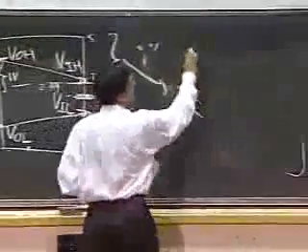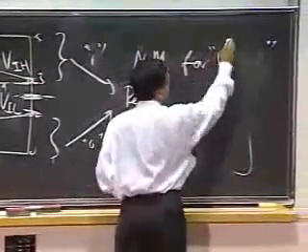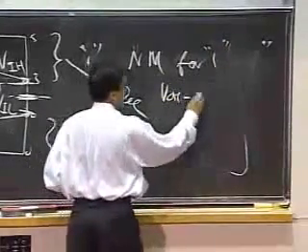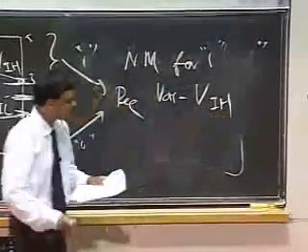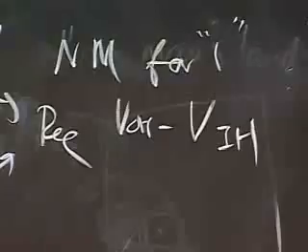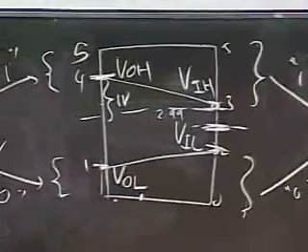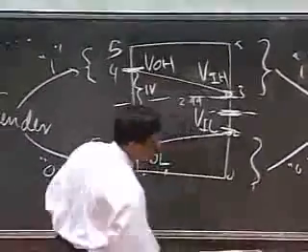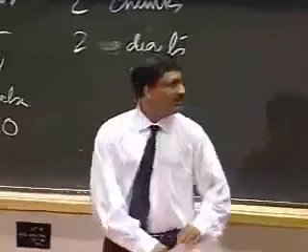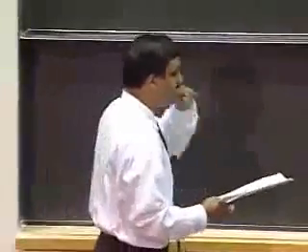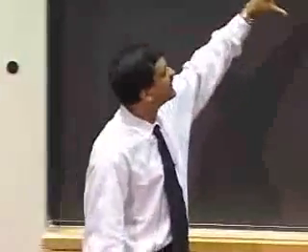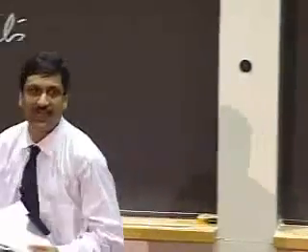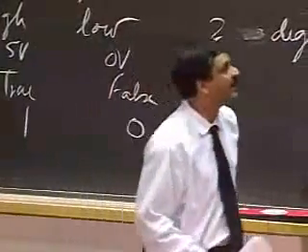So the noise margin for a 1 is simply VOH minus VIH. And the noise margin for a 0 is VIL minus VOL. So what we have here is a discipline that we've agreed to follow, where senders are held to a tough standard and receivers are held to a different standard, so that I allow myself some margin for error.